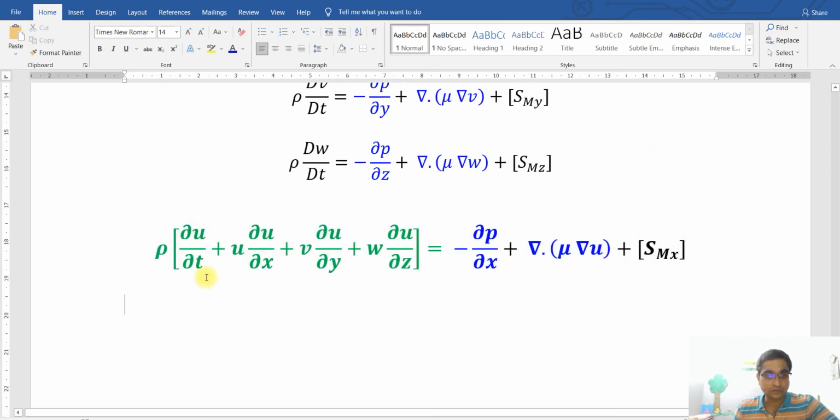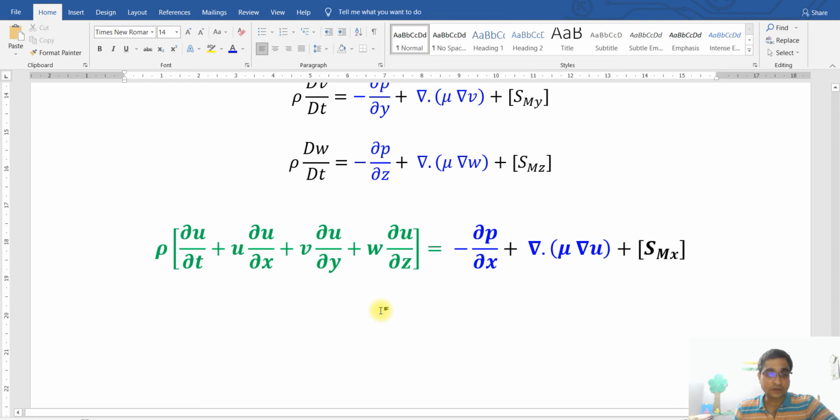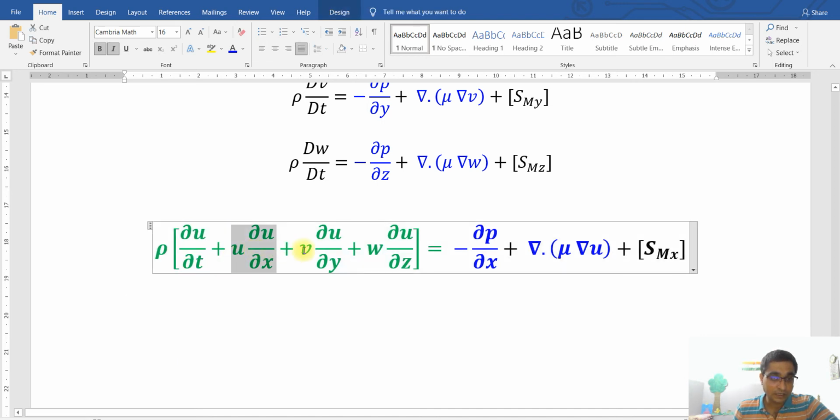Now I would like to discuss the beauty of this equation. The beauty and complexity of this equation is also because, as you can see, on the left hand side u is the derivative with respect to time, and also this is actually a non-linear term of the velocity, and this is actually a kinetic energy of the fluid.